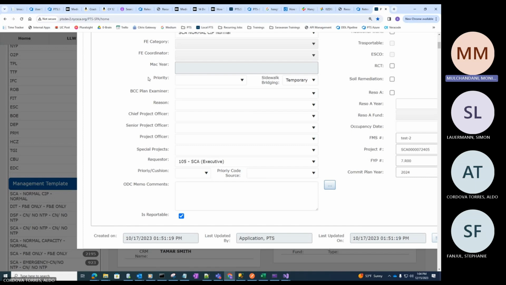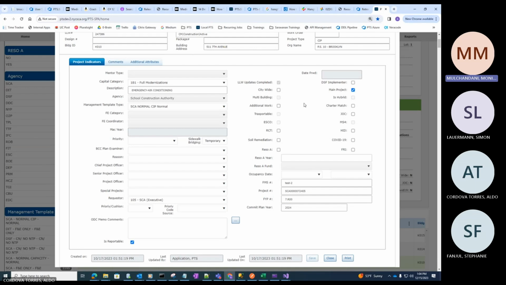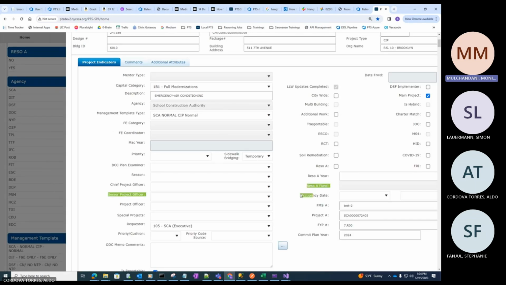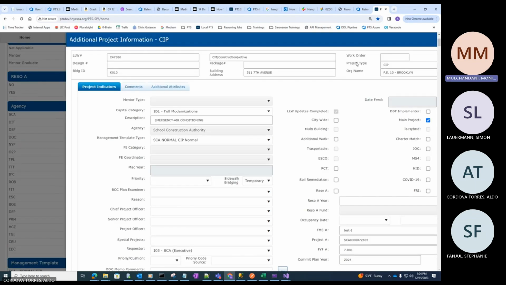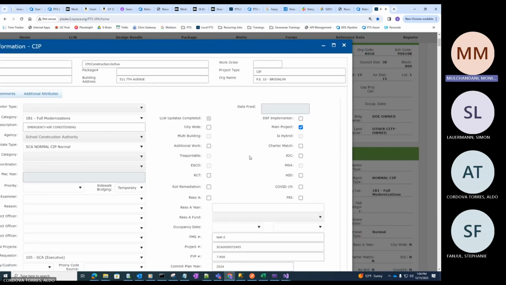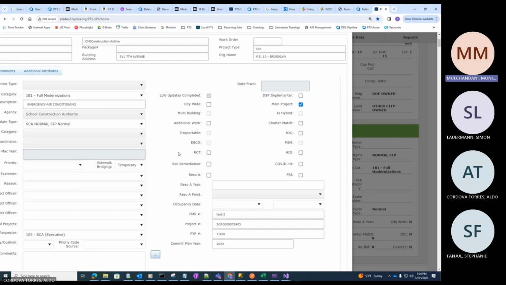Can you scroll to the right now so that we could look at the right side attributes? Couple of them have validations, not all of them. So LLW update completed. This is